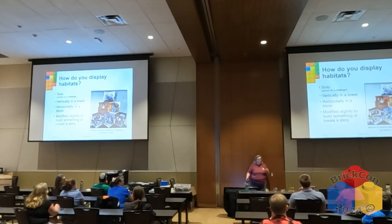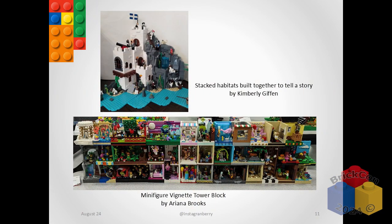Oh, one that I saw made a three-dimensional one, so they had the tower, but they had another tower, and it was on a turntable, so you could see all of it going around. This one by Kimberly, our good friend. She made a story, but she changed the habitats up to make a building. Here's what I was talking about, the whole block. That one is a lot easier to balance. It doesn't fall over as easy,